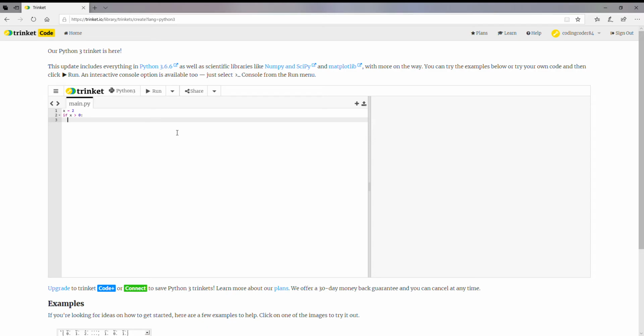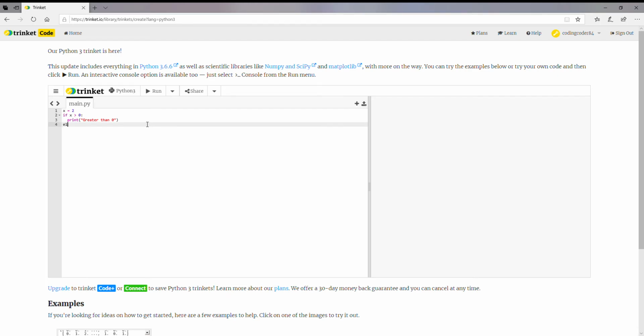So if x is greater than 0, colon, space on the next line, and that is 2 spaces. Sometimes it's 4 spaces, depending on the code editor. Okay, so if x is greater than 0, we can say print greater than 0. Pretty simple. Okay, and then we can say